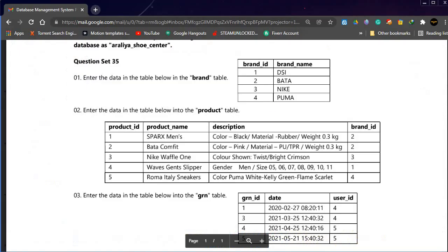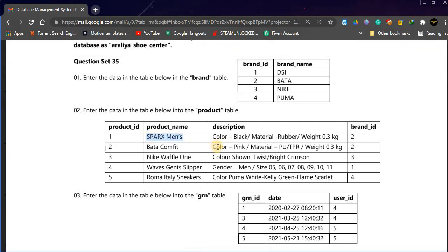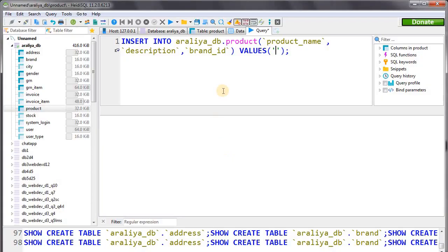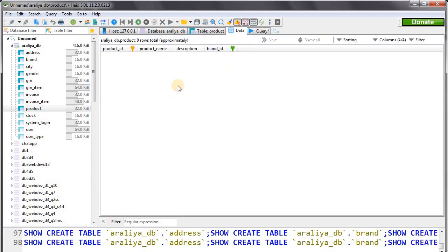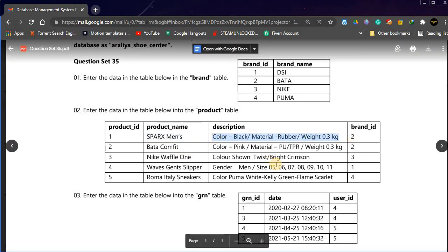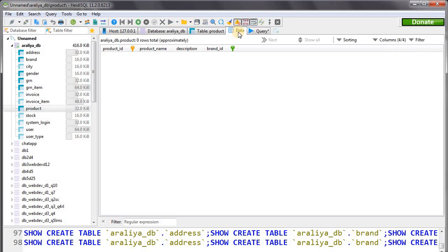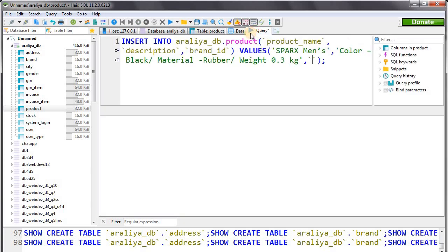Let's copy the value, product name, this one, and the description, here, and here's the last value in our column.